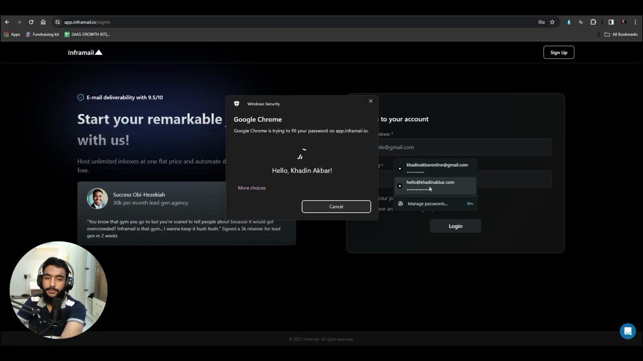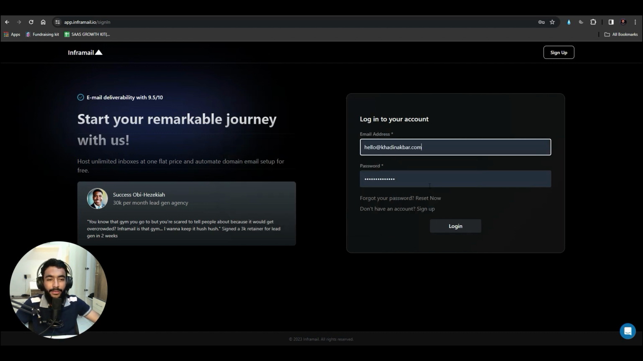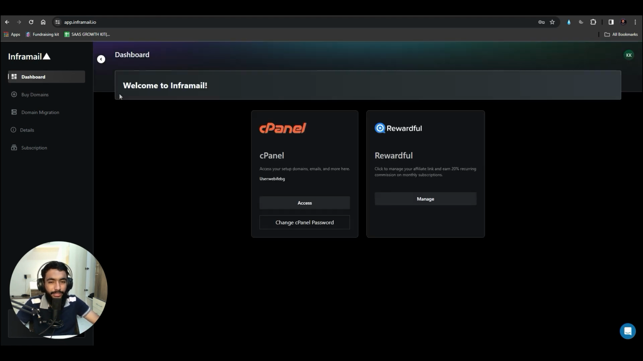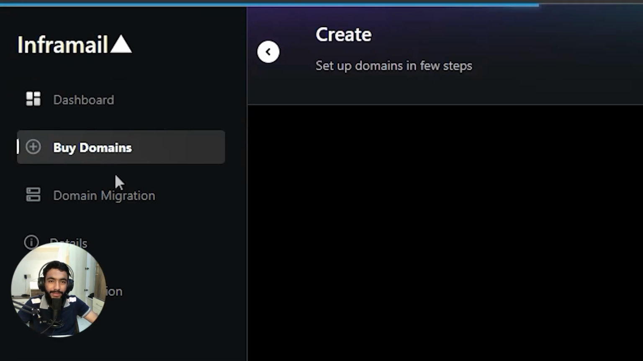Let me just add the fingerprint into it and hit login. So here you go, I just got logged into it. And after getting the subscription, after buying the whole thing, you would be given the access to the cPanel. And then what you just have to do is go to buy domains, and here you